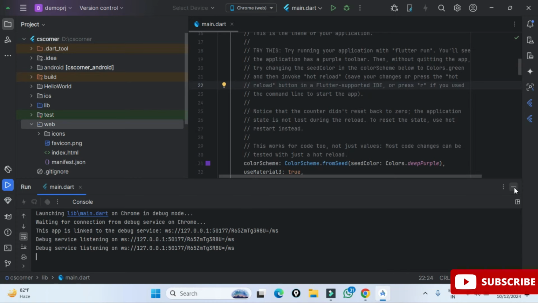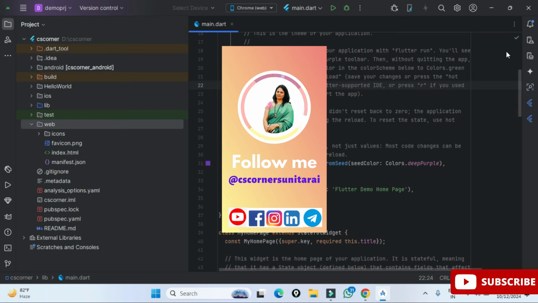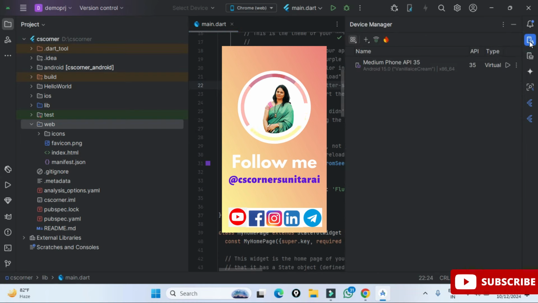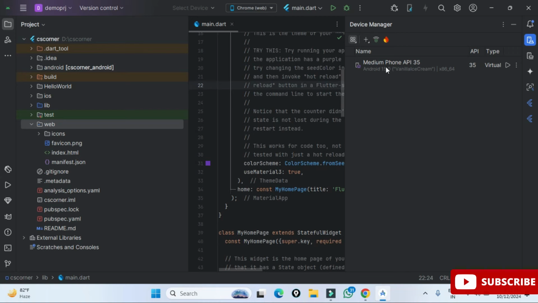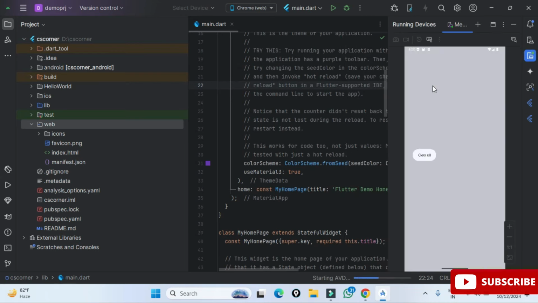Next, I will be showing you how you can get your output on your mobile devices. If you wish to run your program on mobile devices, you need virtual devices, or you can connect your phone also in debugging mode. I'm just showing you through virtual devices. You can go to this device manager, and here you can see my virtual device has been created. Right now we will start this virtual device. We are not running the application, we are just starting the virtual device. So you can just click on this play button. Okay guys, my virtual device is getting started. Since we are running it for the first time, it is going to take a while. Here you can see it's showing me running devices.